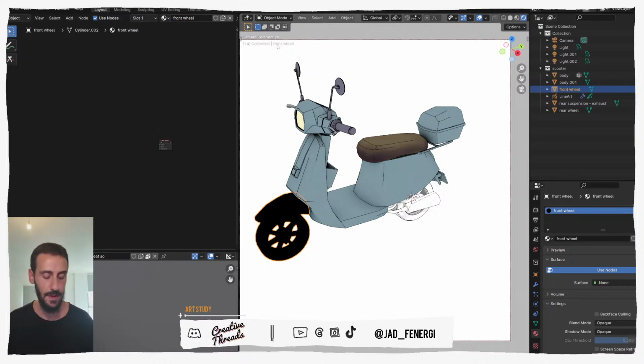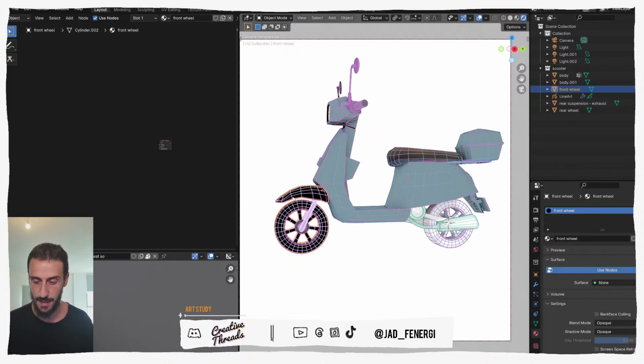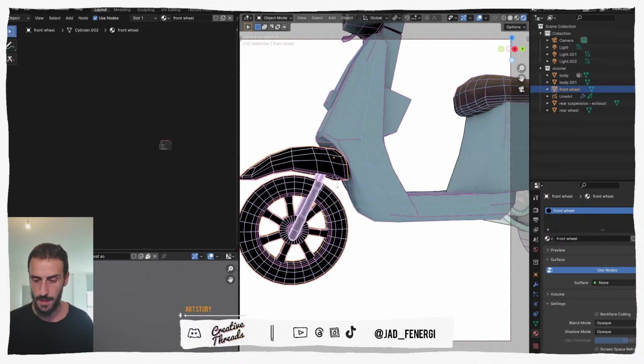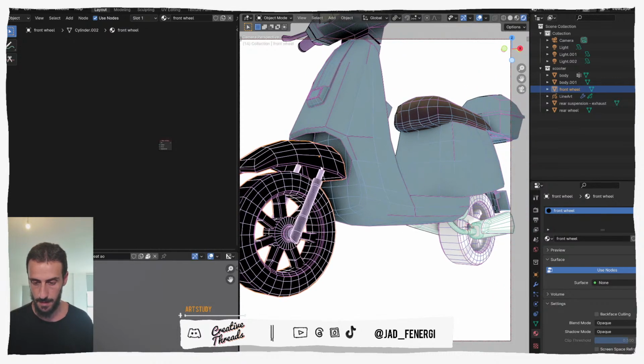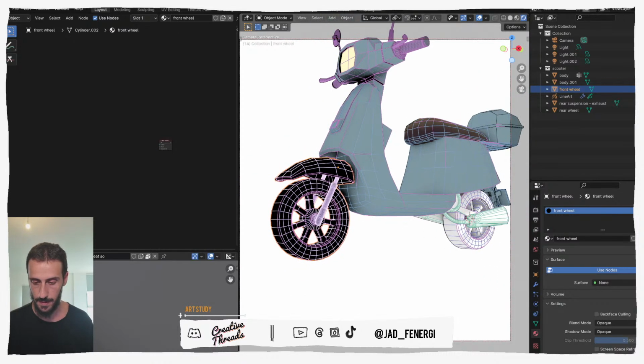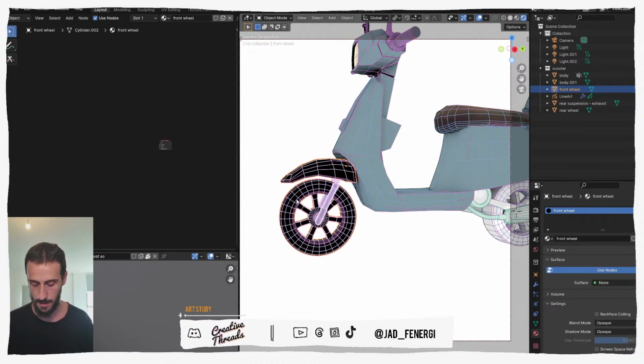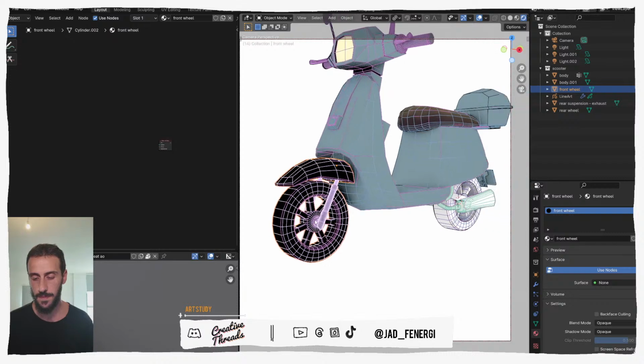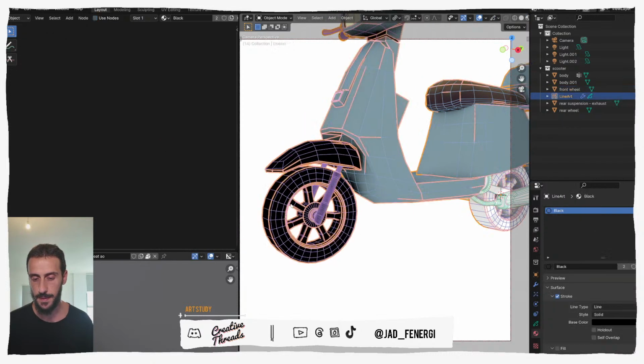I was thinking about it yesterday. If I want to animate this, maybe it's not the best idea to connect the wheel to anything else, because if I want to rotate it on the x-axis, I do still want to have its pivot point in the center. So right now,